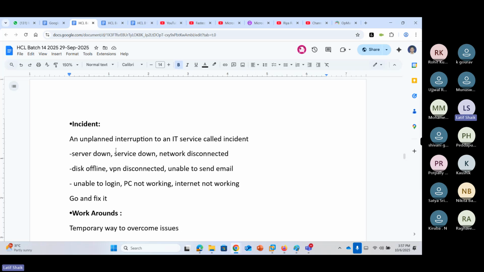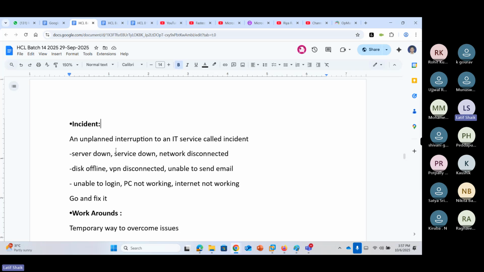An unplanned interruption to the IT services, like server down, service down, network disconnected, disk offline, VPN disconnected, unable to send new mails, unable to log in, PC not working, internet not working, storage failure, service failures. These all come under incident management.